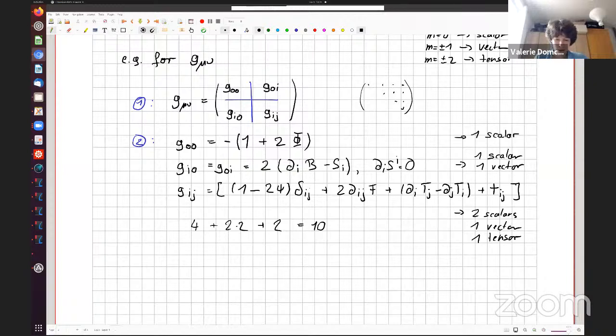Okay, but now, and then why am I going on about this? I'm going on about this because in the end, we want to study gravitational waves, which will be one of the perturbations inside this metric tensor. But preferably, I would not like to deal with 10 degrees of freedom simultaneously, but I would like to reduce this to a system with fewer degrees of freedom, and I actually understand better what I'm doing.